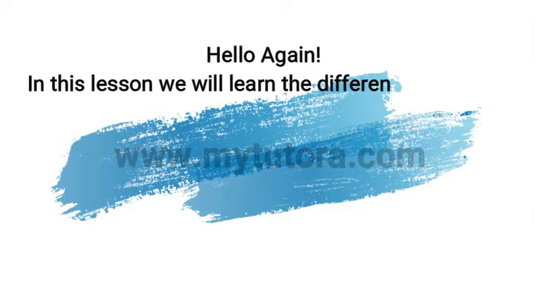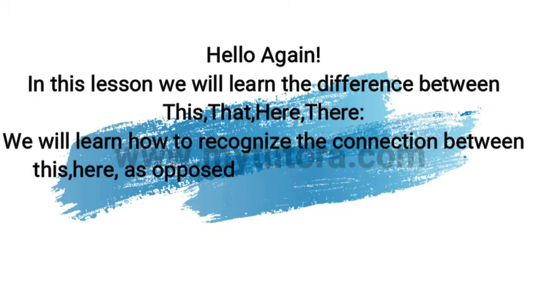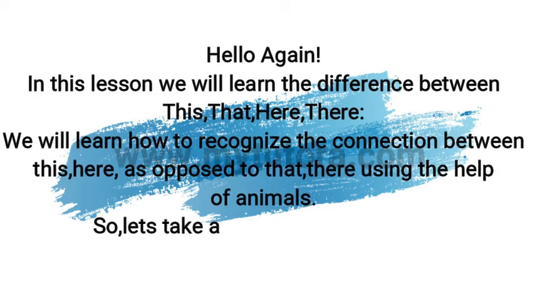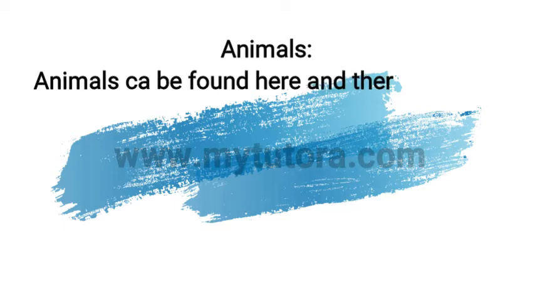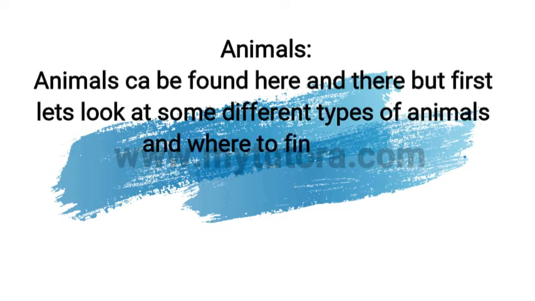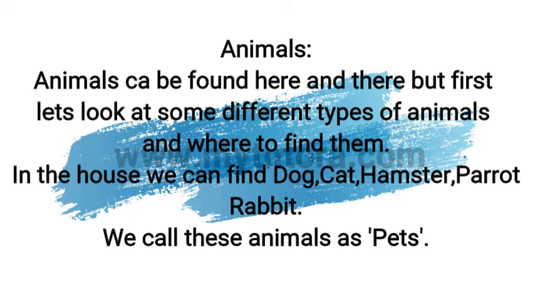Hello again. In this lesson, we will learn the difference between this, that, here, and there. We will learn how to recognize the connection between this, here, as opposed to that, there, using the help of animals. So, let's take a look at some of them. Animals can be found here and there, but first, let's look at some different types of animals and where to